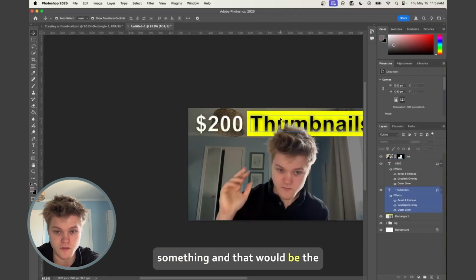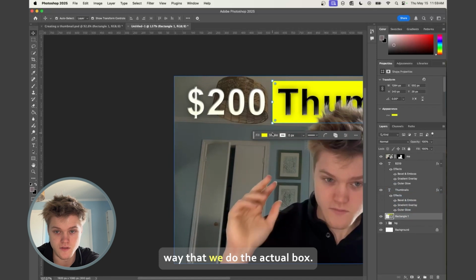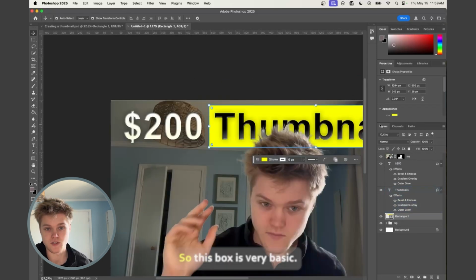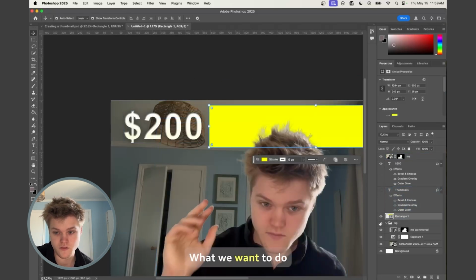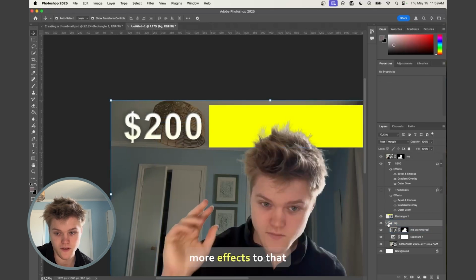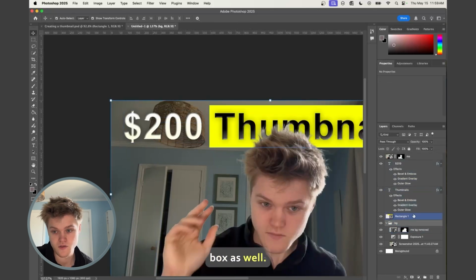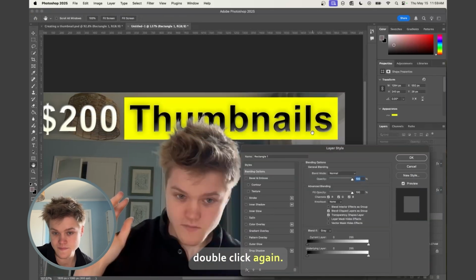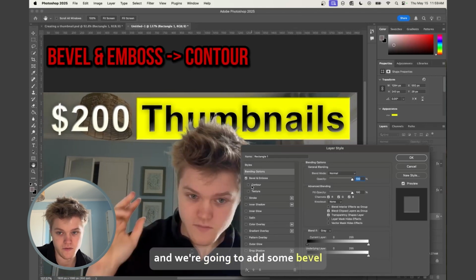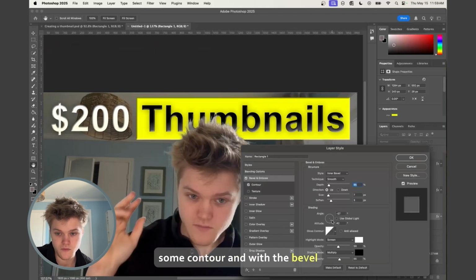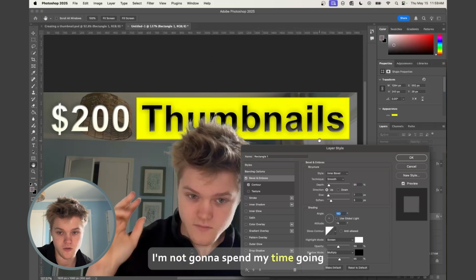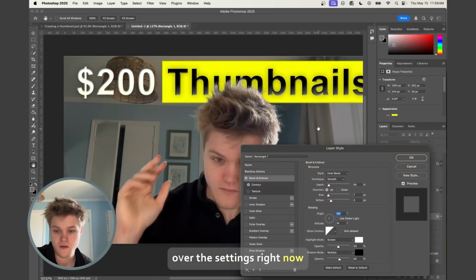And that would be the way that we do the actual box. So this box is very basic. It's very plain. What we want to do is add a little bit more effects to that box as well. So what we'll do is we'll double click again, and we're going to add some bevel, some contour. And with the bevel, I'm not going to spend my time going over the settings right now because it